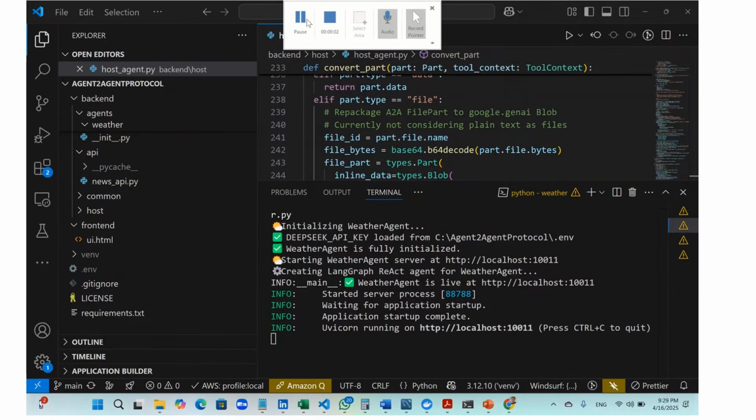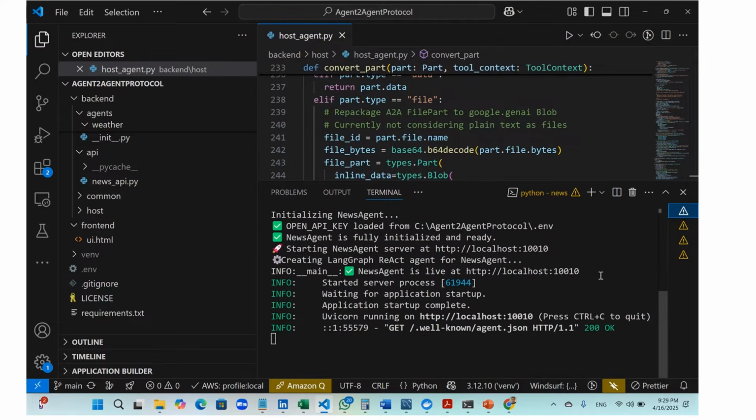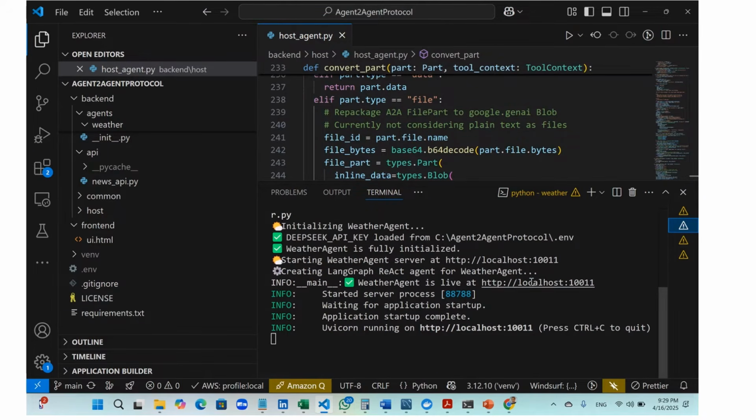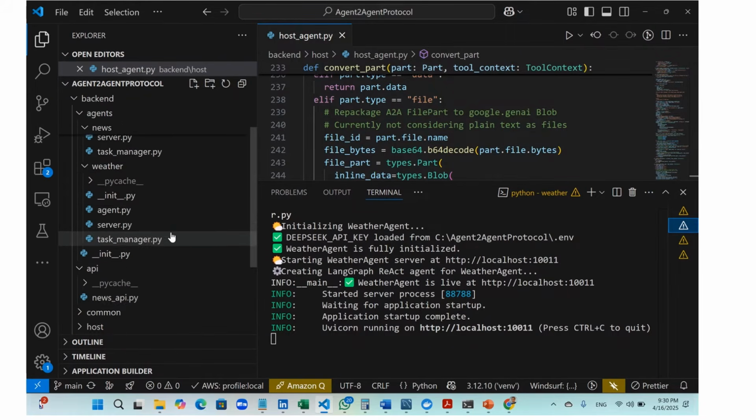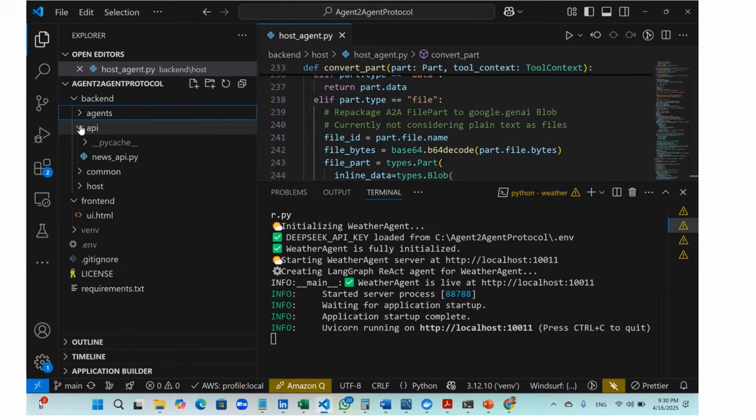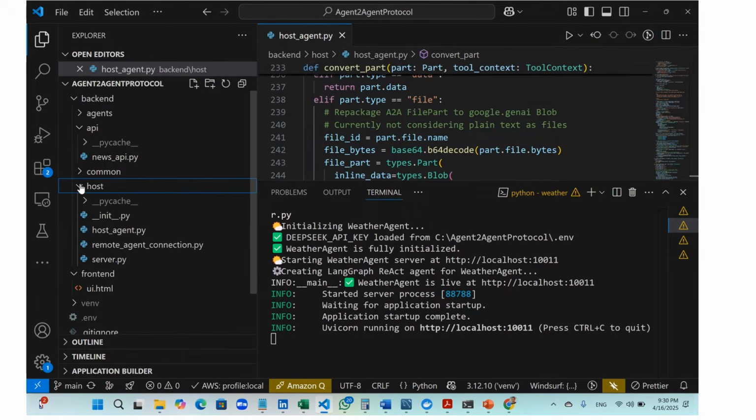So far we created two agents, right? One is a news agent, which is already running here, and then we created a weather agent, which is running here. Now anyone can invoke these agents, even by sending a curl command, because they are exposed now. Now we need another agent, a host agent or client agent, which sends the task to these agents depending upon the user query. For that purpose, I will first go through host_agent.py,